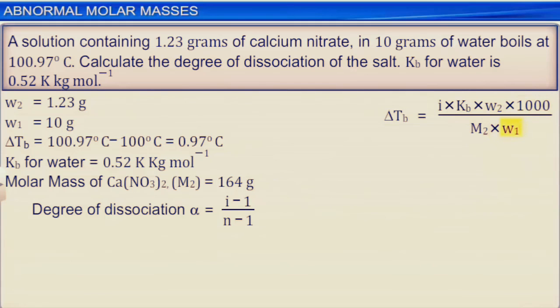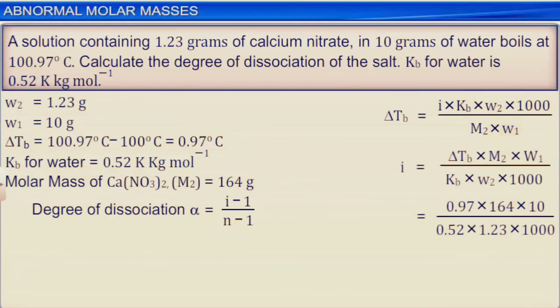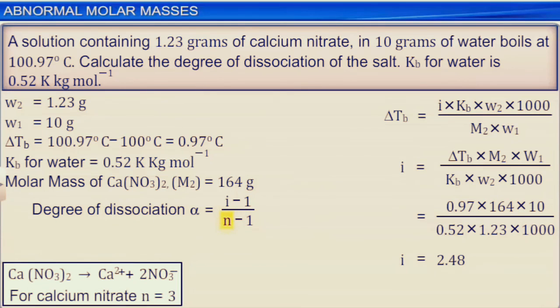On solving for i, we get Van 't Hoff's factor i is equal to 2.48. Substituting for i in the equation, degree of dissociation alpha is equal to (i minus 1) divided by (n minus 1). Now, n for calcium nitrate is 3. On solving, we get the degree of dissociation